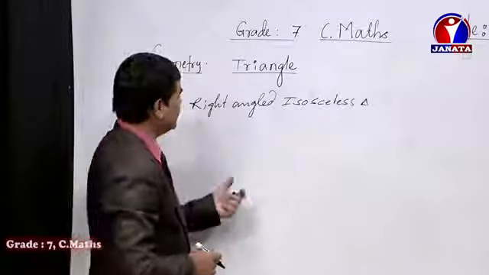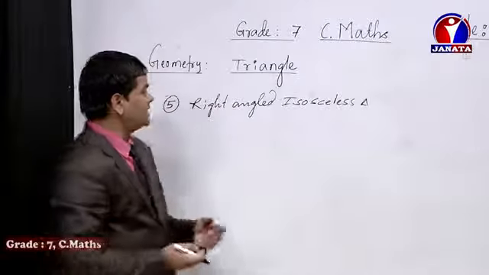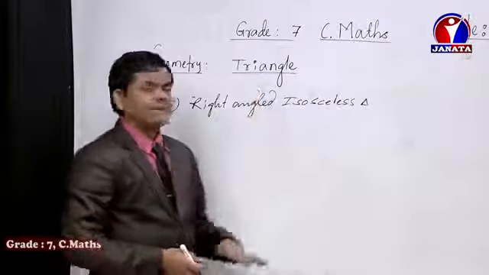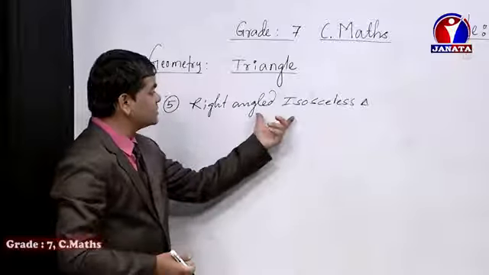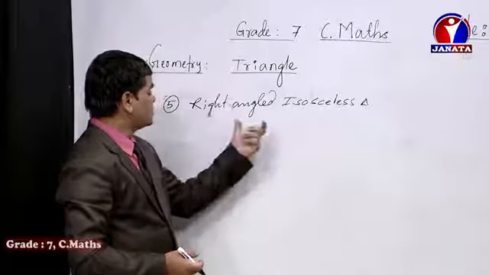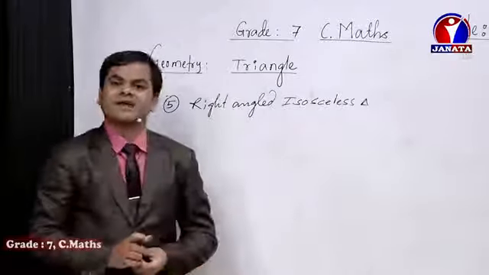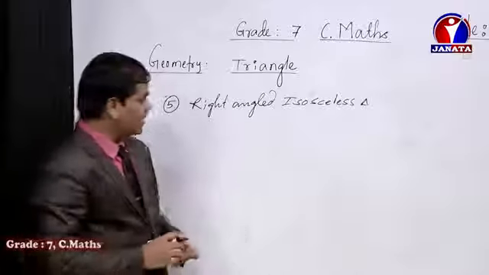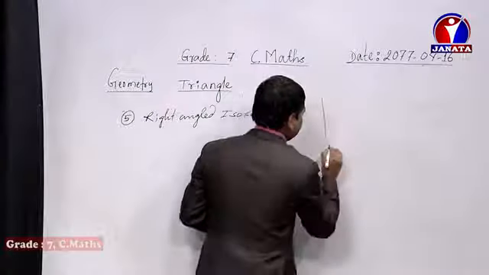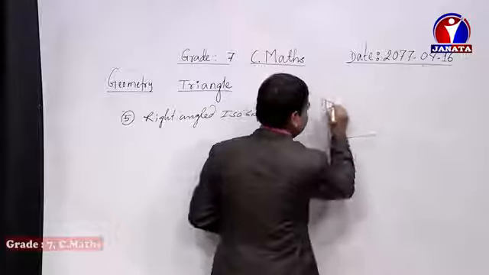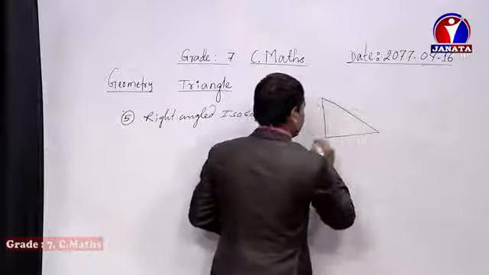And generally as they are the mixture of 2 types of triangle, people do not treat this one as a different type of triangle. Generally we treat the types of triangle as 4 types, but this one is the homogeneous condition of right angle triangle as well as isosceles triangle. So what figure will be there if we want to make the figure, dear student? There will be properties of right angle triangle, isn't it? And there will be properties of isosceles triangle as well.